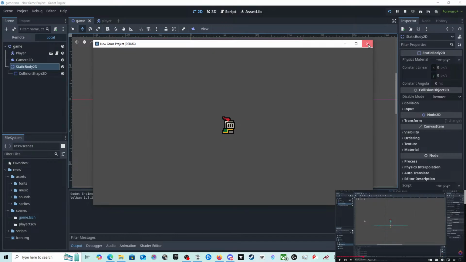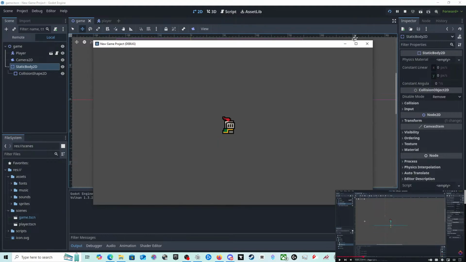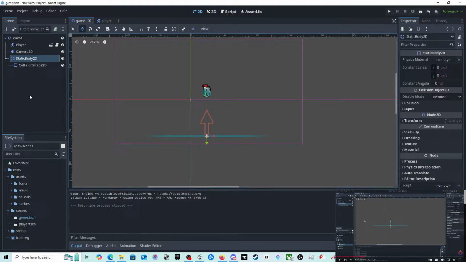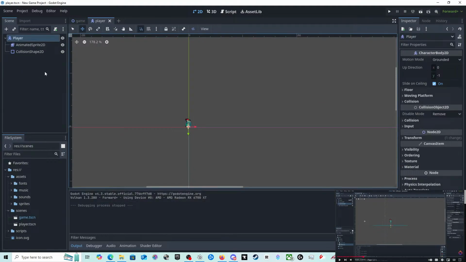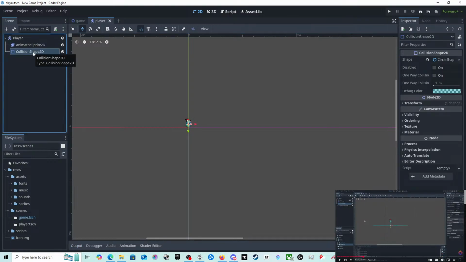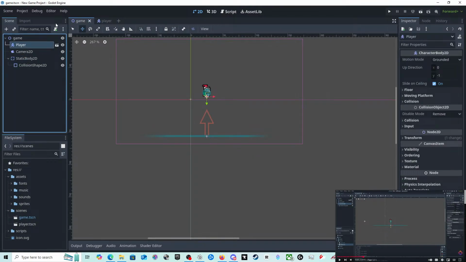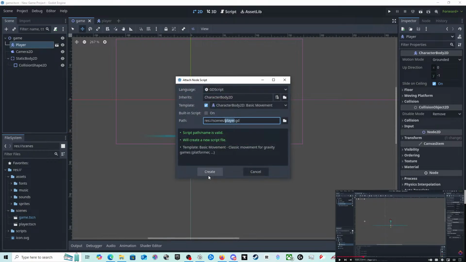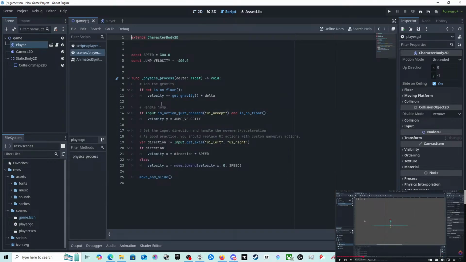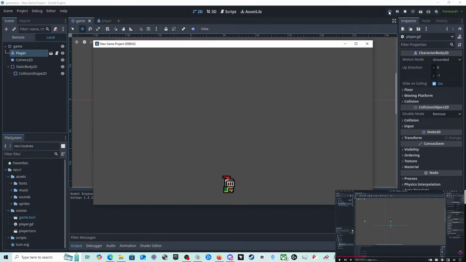Here we go. Wait, did it drop? I don't think that dropped, did it? No, it didn't drop. So if it didn't drop, that means... No, that's fine. Means the script. We didn't put the script in. We need the script in the player, don't we? So we'll add script, a normal script, which is that. And then we'll play. And it will land. Yes!